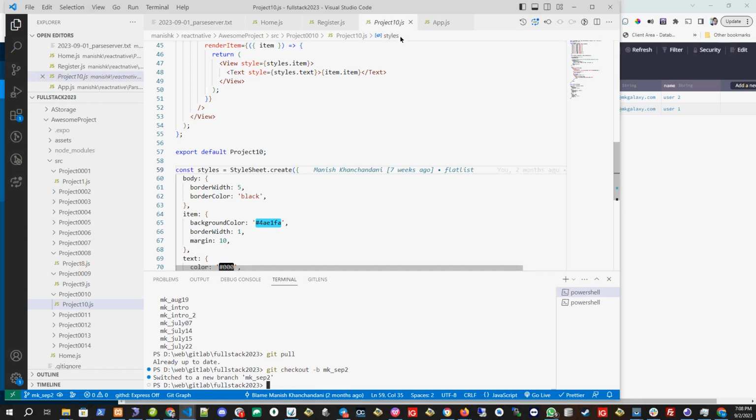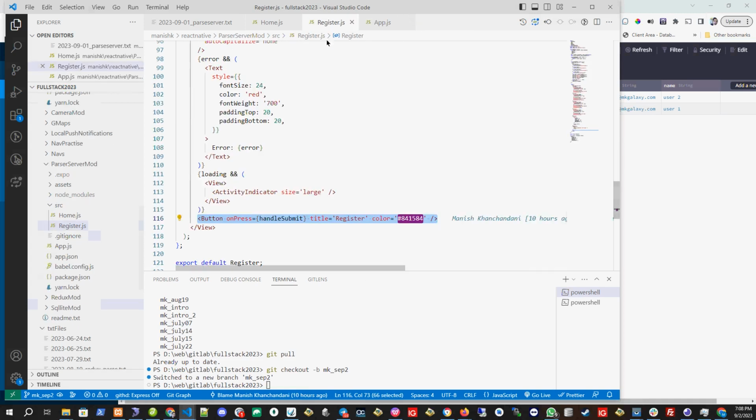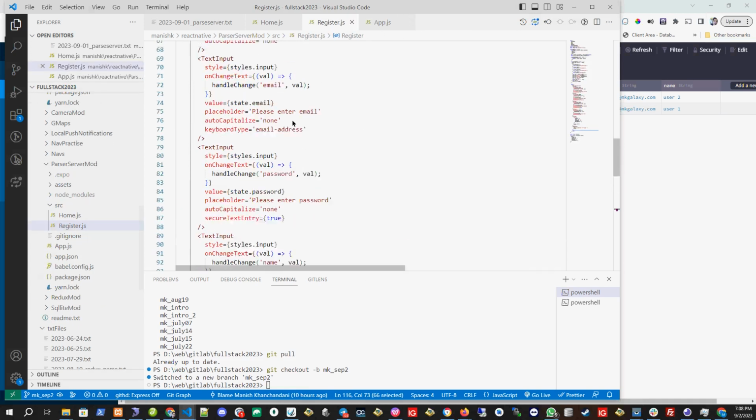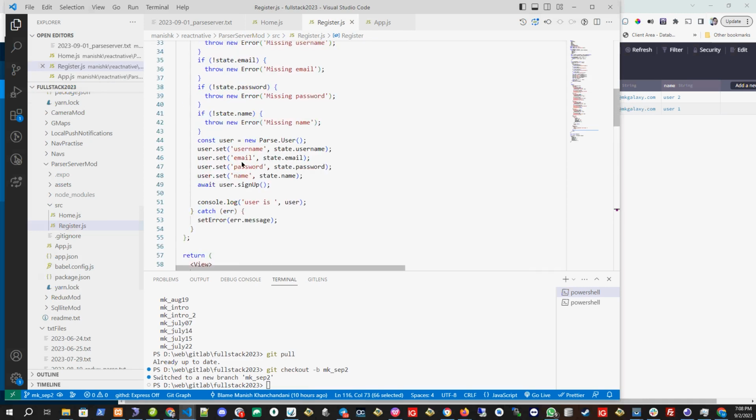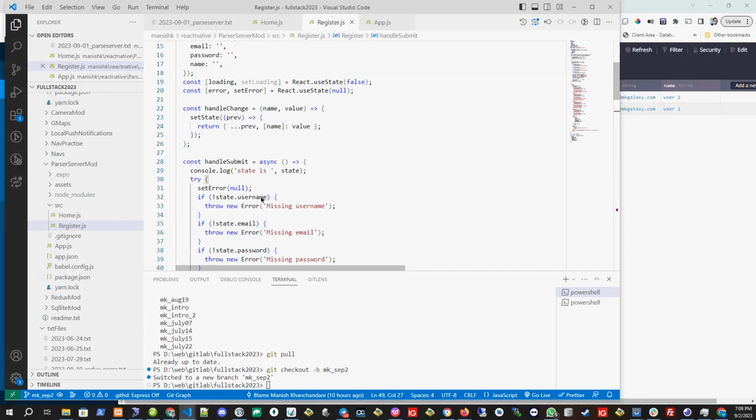Okay, let's continue where we stopped yesterday. So we finished the registration page and we were able to register the user. And once the user is registered, we can send the user back to the main landing page of our app. Right now, we don't have the landing page of our app. Right now, I'll not do anything. But next time when I have another thing, I will